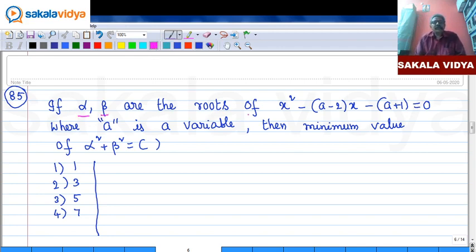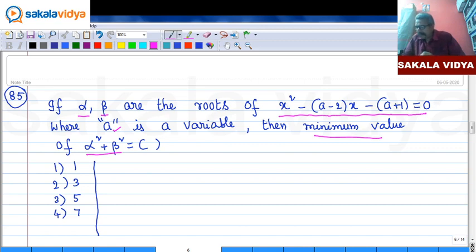Alpha, beta are the roots of x square minus (a minus 2)x plus a plus 1 equals 0, where a is the variable. Then the minimum value of alpha square plus beta square we need to find out. That means as alpha, beta are the roots of a quadratic equation,